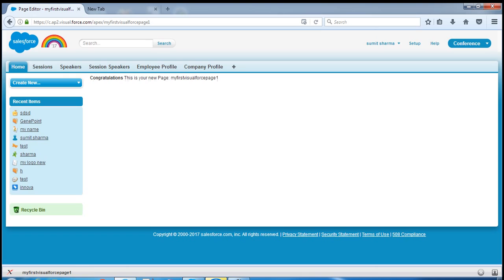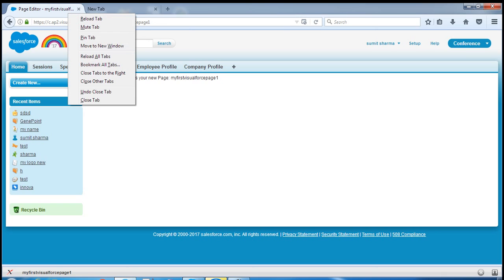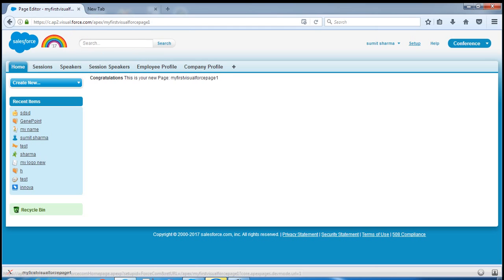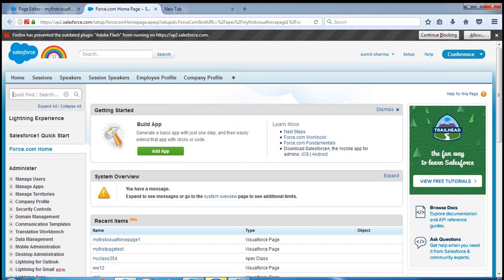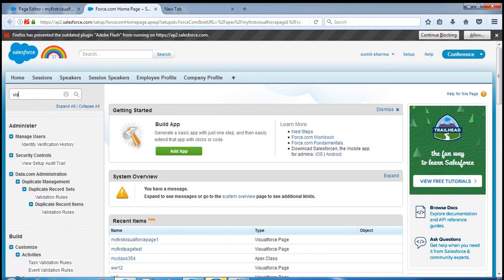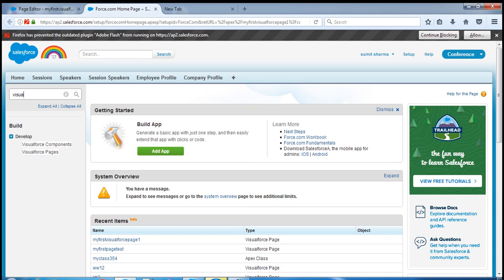So this is the way we can create the Visualforce page, and there is another way also by which we can create a Visualforce page. I'll show you. Here in the quick find or search box we can type Visualforce, VISU. Here at the bottom we can see Visualforce pages. So click on that,